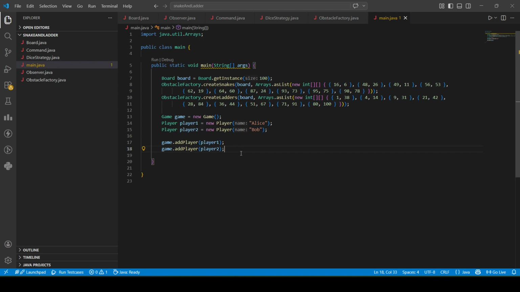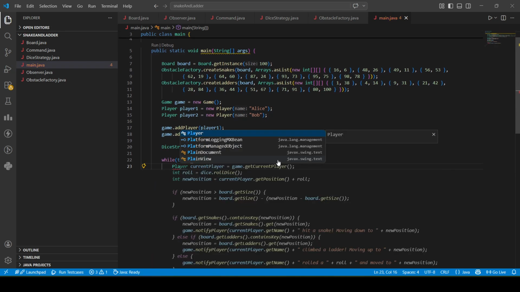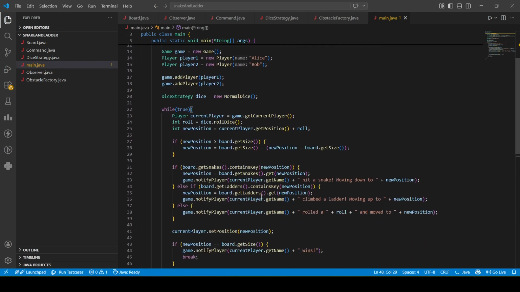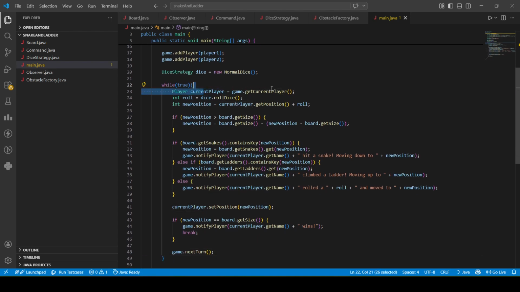Now we need to also initialize the dice. So this part takes care of initializing. So till now we have initialized all of the board, snakes, ladders, game, players and dice. Now we need to perform the main operations, which will be taken care of inside this while loop. Inside the while loop, we have a current player, which will fetch me the current player,